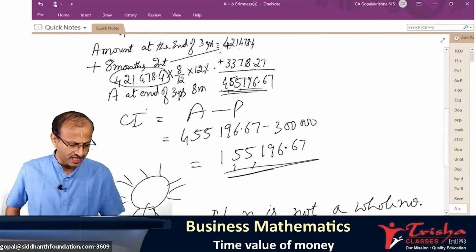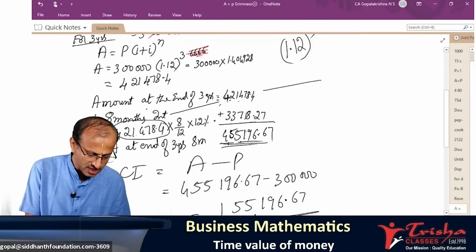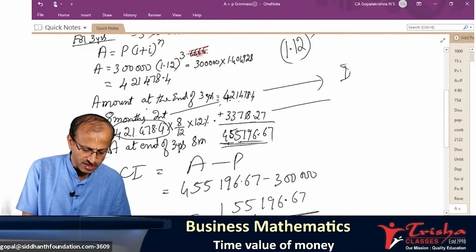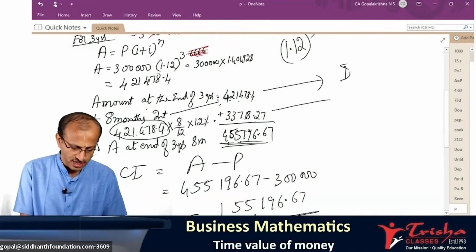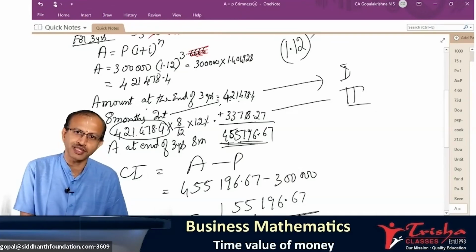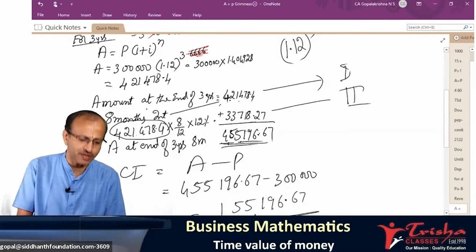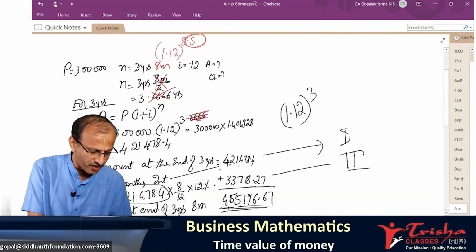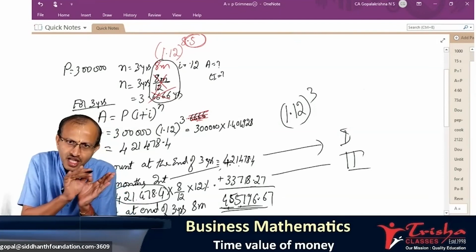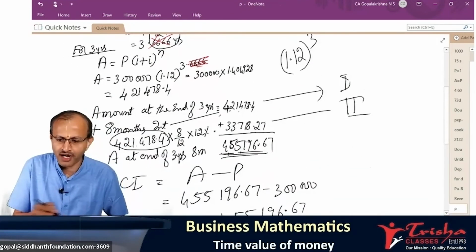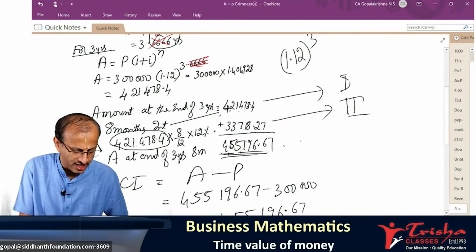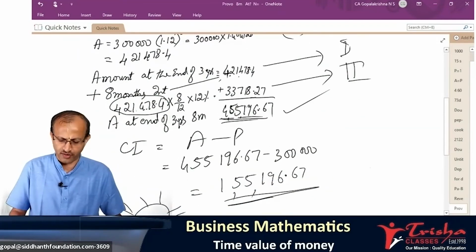That's what I exactly did. First step is this: work out for 3 years. Work out for 8 months separately. If you take 3 years 8 months together, you will get stuck. Therefore, you can make out, I did not take that fraction at all. Leave 3 years, you do, add that part of the year interest separately, you will get the required answer. Then CA will be easy.